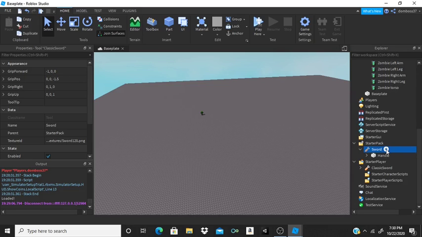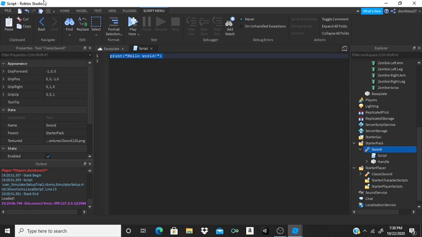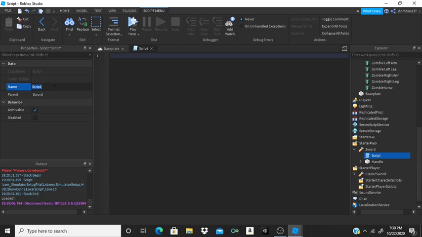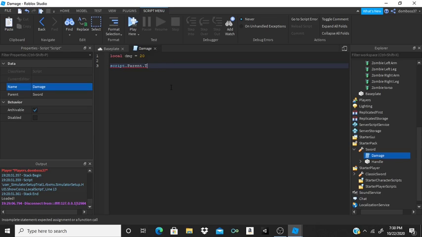Now what I'm going to do, guys, is just insert a script into the sword. Delete print hello world, click on the script and rename it to Damage. Alright, so we can set a variable called local damage, and we can set that equal to whatever we want. I'm going to make my sword do 20 damage, so a 5 hit, and then I'm going to drop 2 lines and do script.Parent.Handle.Touched:Connect